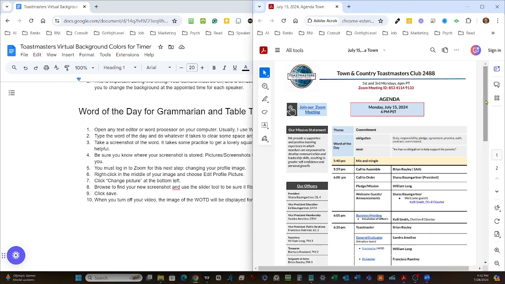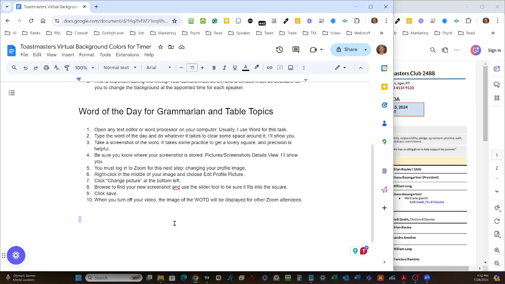So here is an agenda. The word of the day, and this day was obligation. So I copy that text here, obligation, copy text. All right, so now I'm going to go open a word processor or text. You can do it right here with text. So if I paste that in, I probably, for my needs,